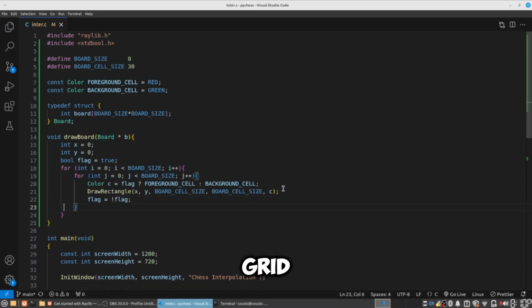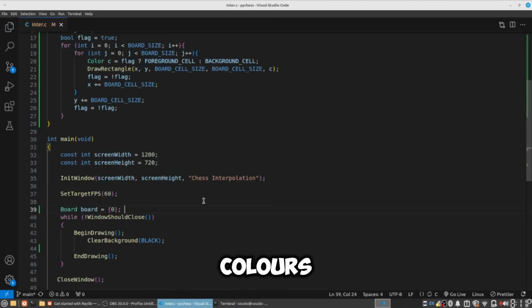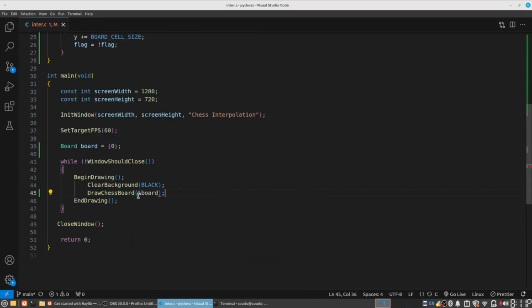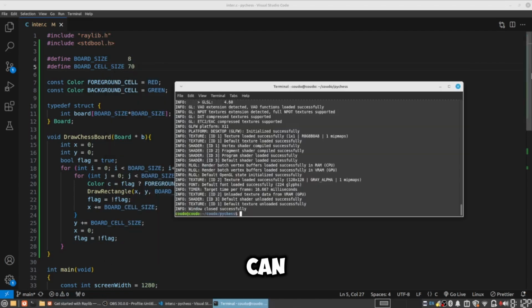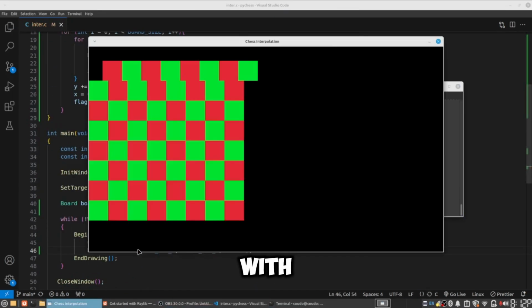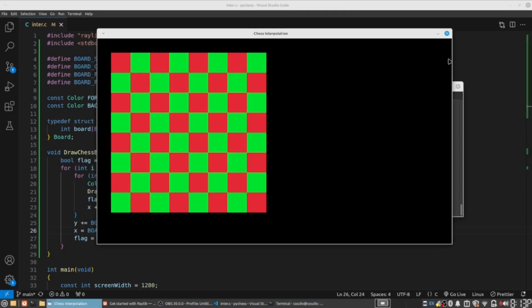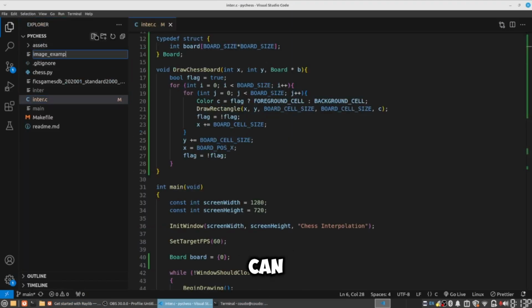chess grid on the screen, playing around with the colors and trying to see what I can do to make it as visually appealing as possible. And now you can see I have accomplished creating a chess grid with two alternating colors, and afterwards I'm trying to see if I can